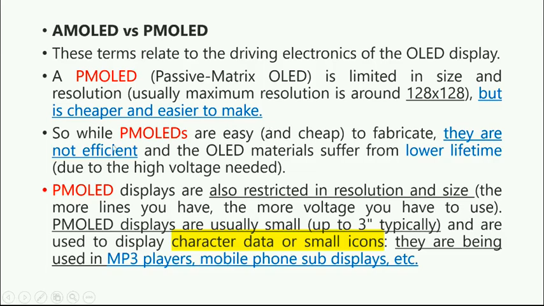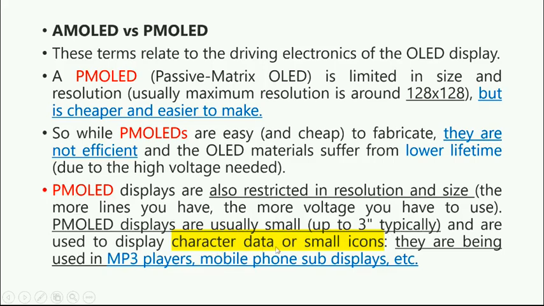PMOLEDs are not efficient, and the materials suffer from lower lifetime because high voltage is needed for operation. PMOLED displays are restricted in size, only 2-3 lines, that is, only a 3-inch display is possible.